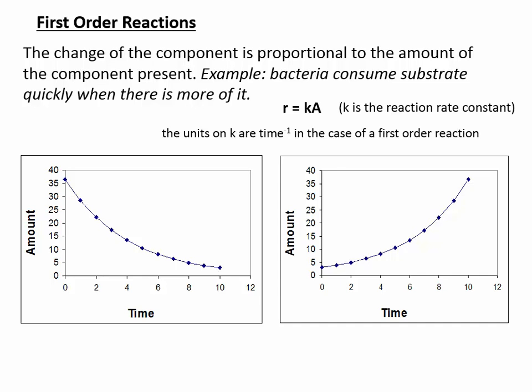And so here, what you should write on your paper on the side, in this space that I give you, for a first order reaction, the rate of the reaction depends on how much there is. And that's what this says here. The change of the component is proportional to the amount of the component present. So maybe in simpler language,